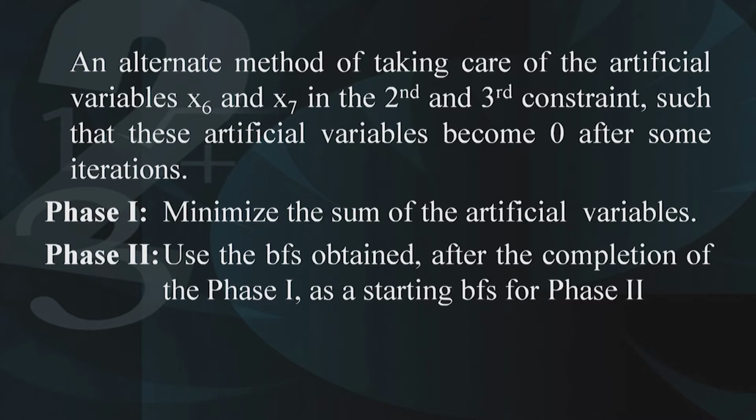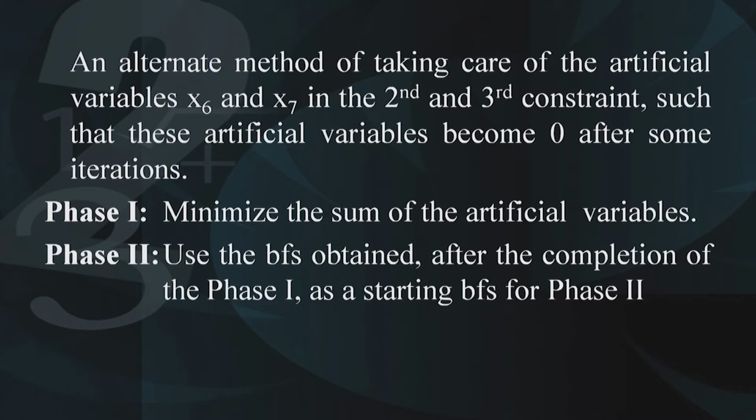Let us try to understand what is the objective of the first phase and similarly what is the objective of the second phase. So, what we will do in the first phase, we will set aside the original objective function, we will ignore it at the moment temporarily, and we will replace the objective function with another objective function, and that new objective function is nothing but the sum of the artificial variables.